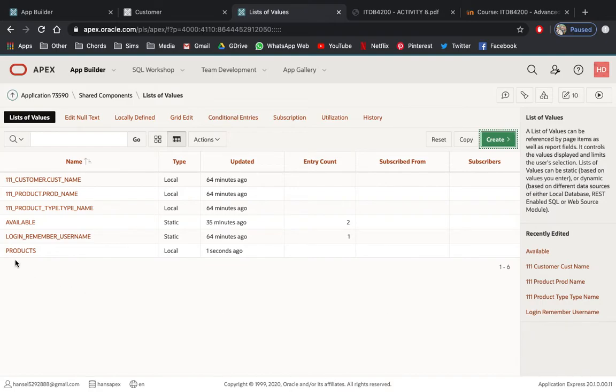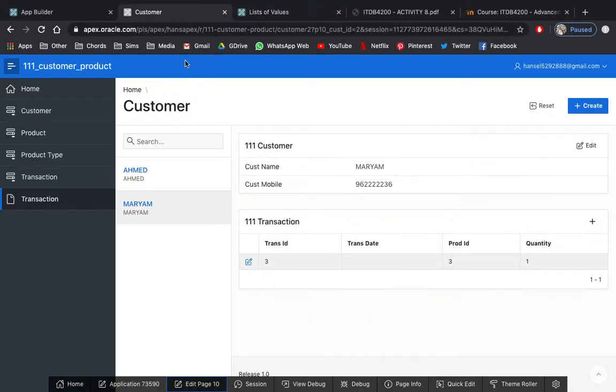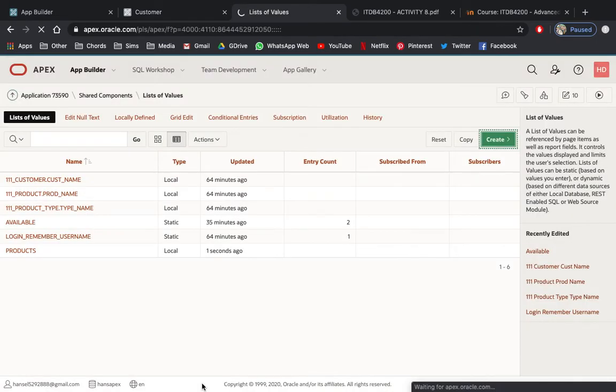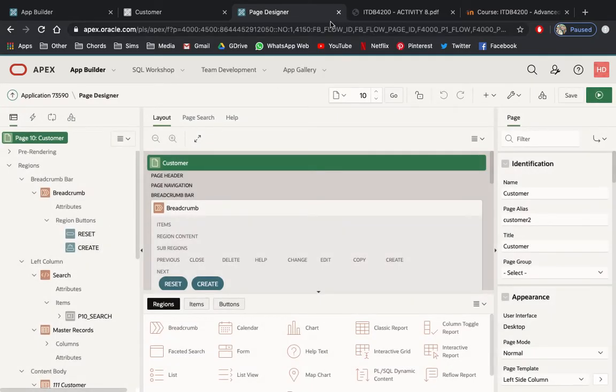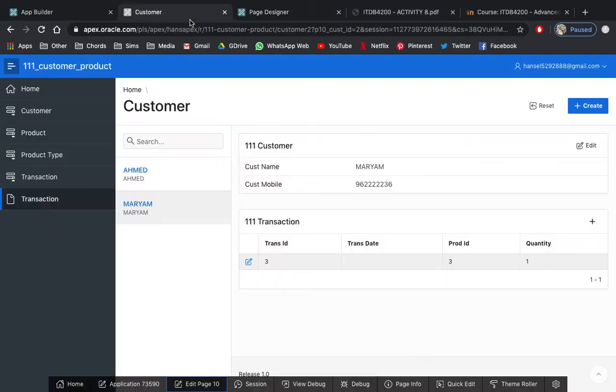Now it's already created. Back to our master detail. For the product ID, we will change the label to product name. Now edit the same page. This time we have many regions here, because this one has one region, this will be another region, and this transaction is another region.